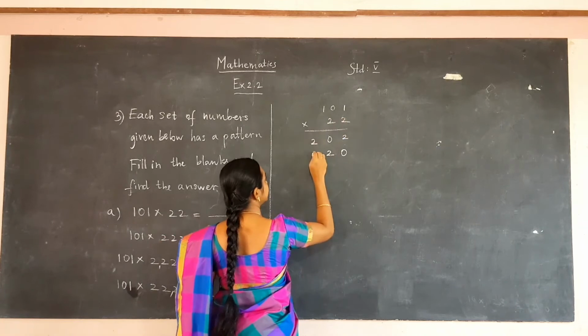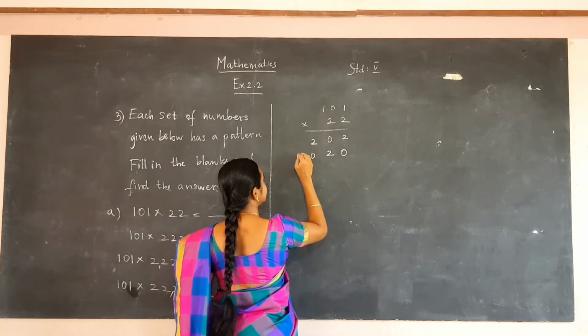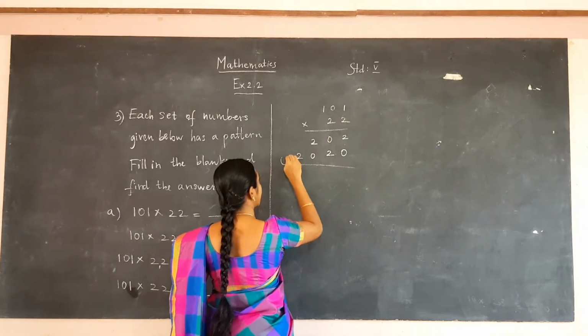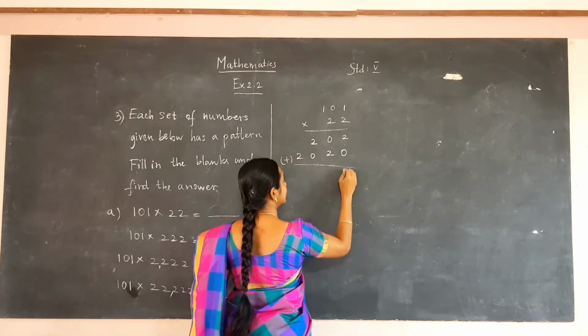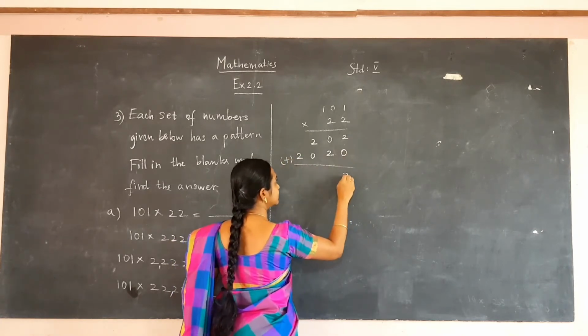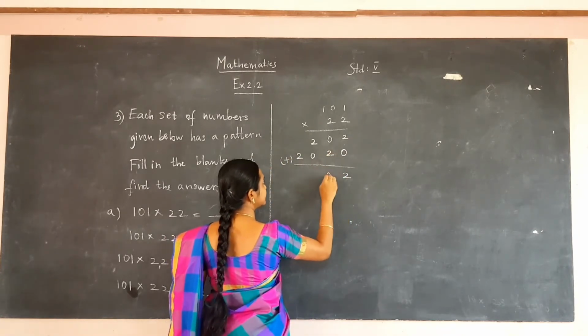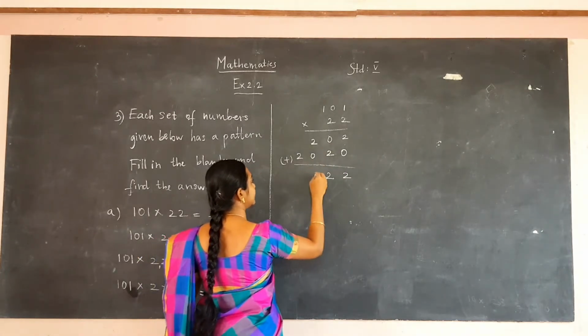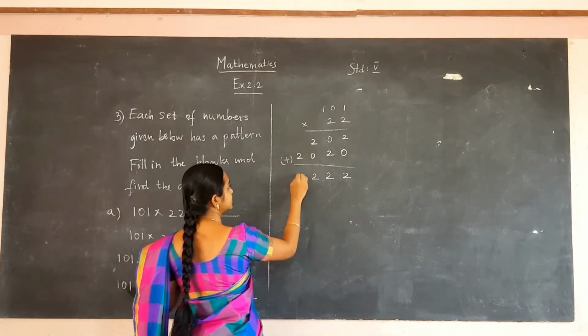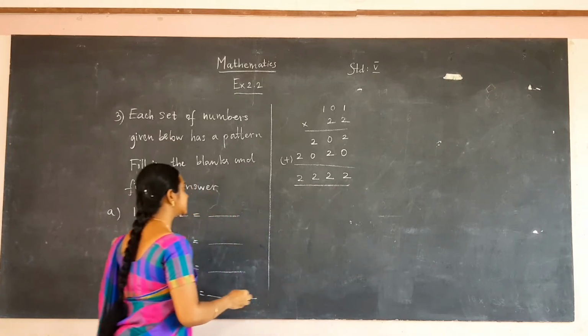0 into 2 will be 0. 1 into 2 will be 2. Now we are going to add them. 0 plus 2 will be 2. 0 plus 2 will be 2. 0 plus 2 will be 2. Here we don't have any number, so write 2 as it is. So the answer we got is